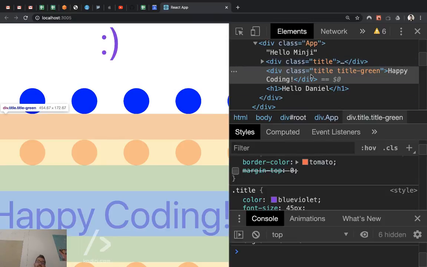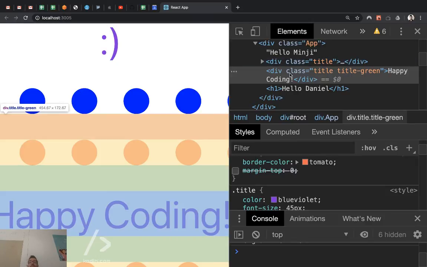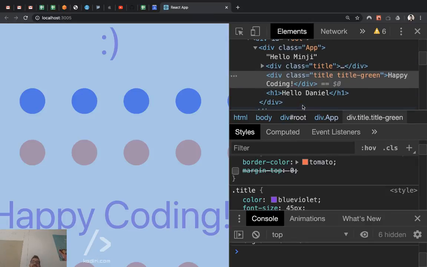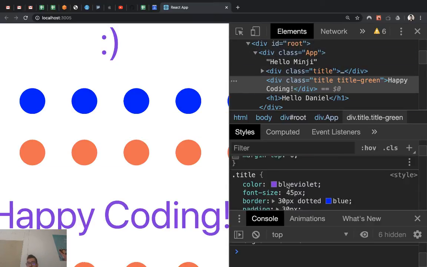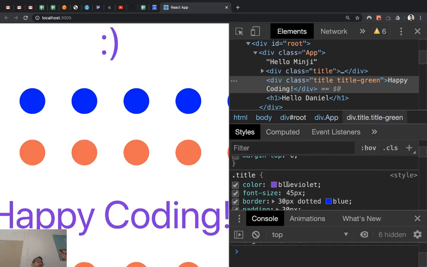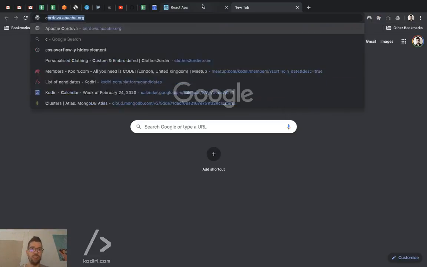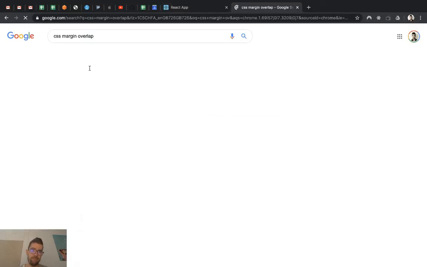The margins are overlapping. Yeah? And that's a property in CSS that applies in some particular use case scenarios. And I always found that a bit annoying. Say again? I said annoying. Annoying, yes, I agree on that. If you go to Google and you search CSS margin overlap, you'll find